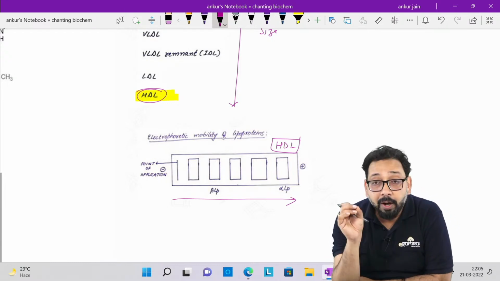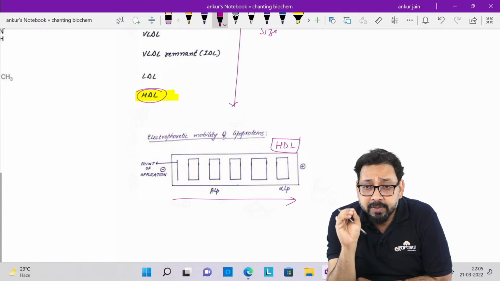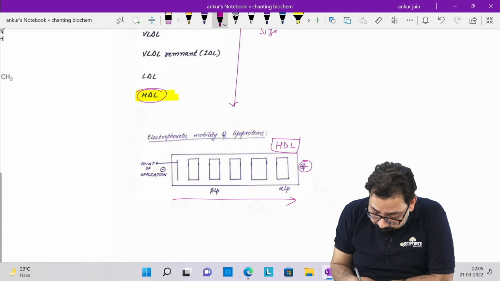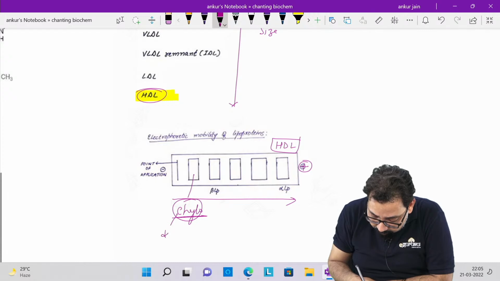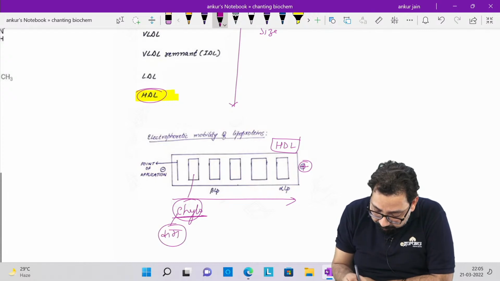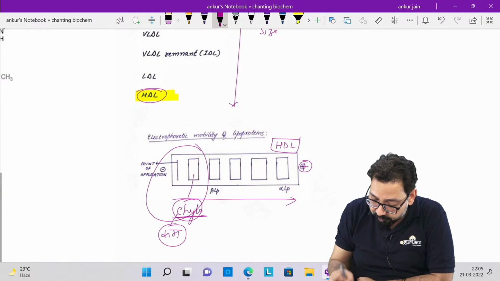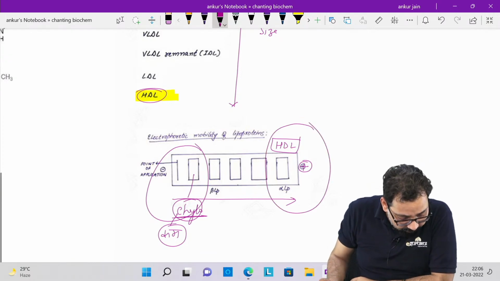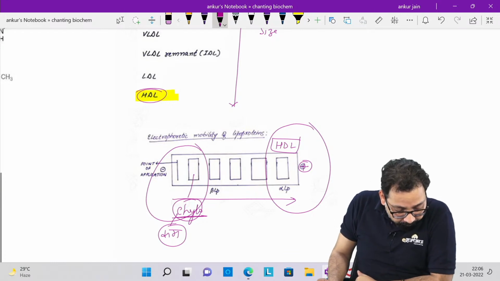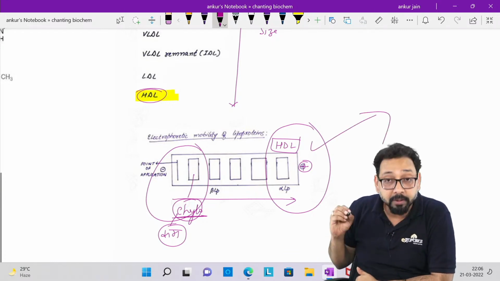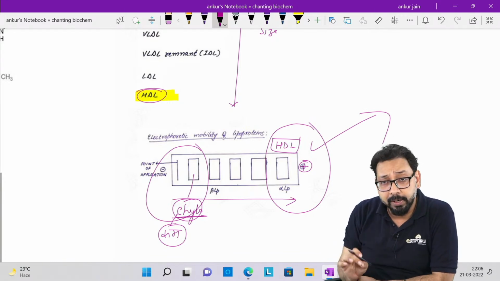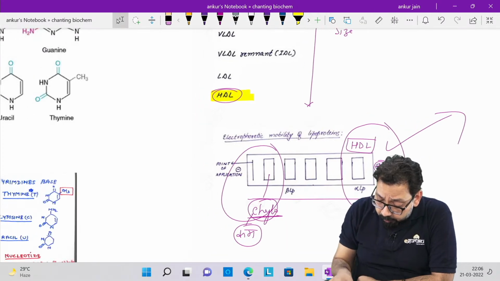Yes, so high density lipoprotein, highest movement. This is chylomicron. सबसे कम, so सबसे कम मूवमेंट किसके होंगे? काइलोमाइक्रोन के. सबसे ज़्यादा मूवमेंट किसके होंगे? हाईएस्ट मूवमेंट. सबसे ज़्यादा मूवमेंट HDL के होंगे इलेक्ट्रोफोरेसिस पे. सबसे कम, least movement, काइलोमाइक्रोन. OK, now